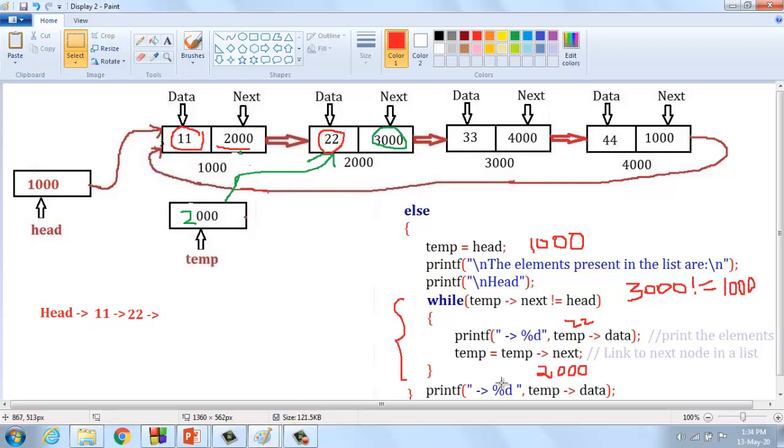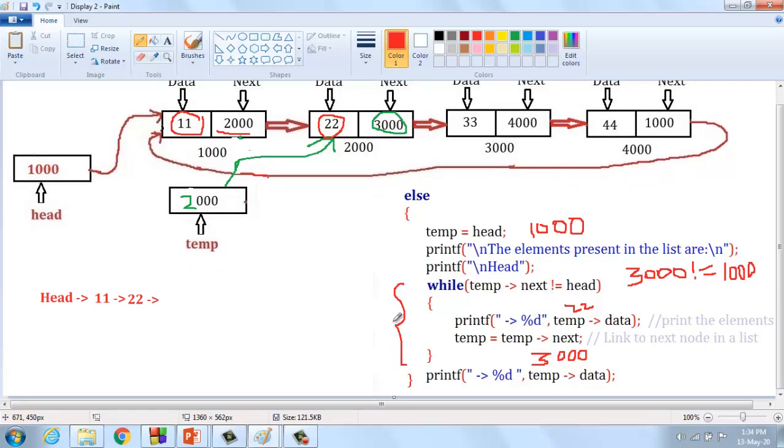And then temp equal to temp of next. What is temp? Temp is pointing to 2000. 2000 of next is 3000. Here the temporary pointer is moved to the third node in the list. The temporary pointer is now 3000.